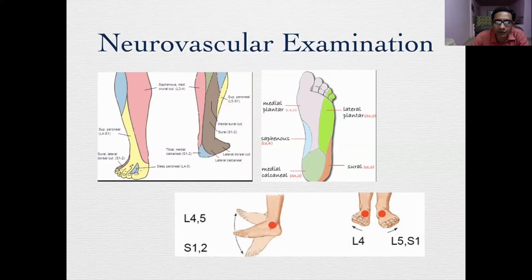You have to do a detailed neurovascular examination. In 10% of people, the dorsalis pedis is usually absent. Confirm on the opposite side. Also put a word on distal vascularity, whether the capillary fill is good, whether the toe is dusky, whether there is hyperpigmentation or a purplish hue in the toes. So this is the neurovascular examination.